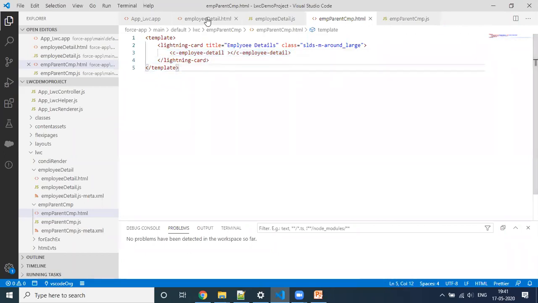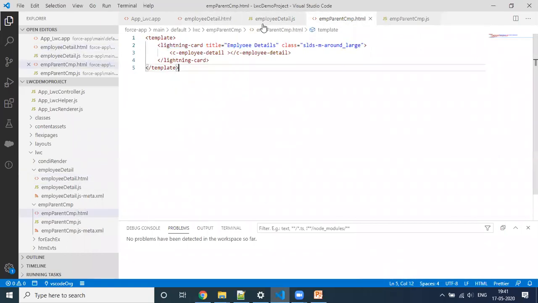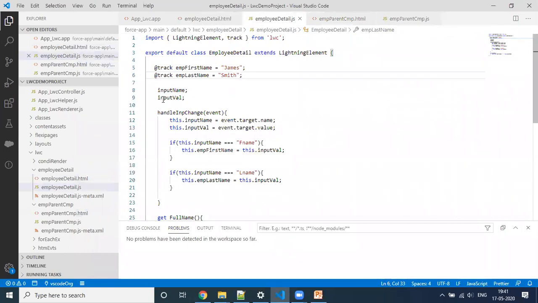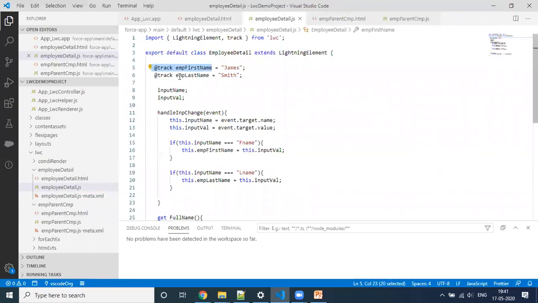And now I'm going to pass some value from here itself. If you have defined your variable name with @track, you will not be able to pass the value here, because @track is a private property, and when we define anything with @api, that becomes a public property.